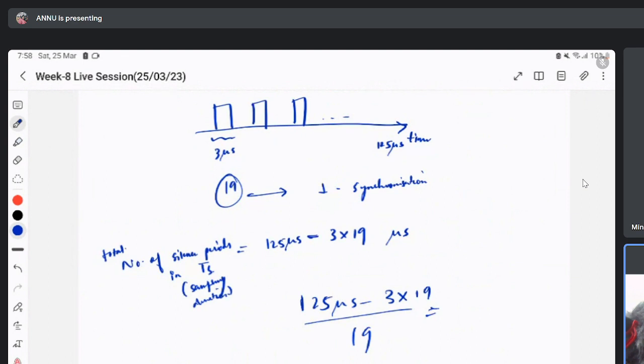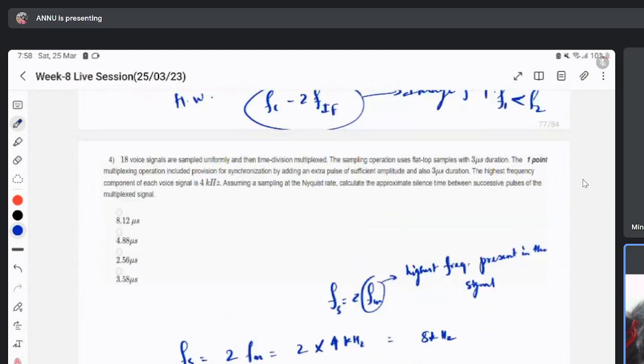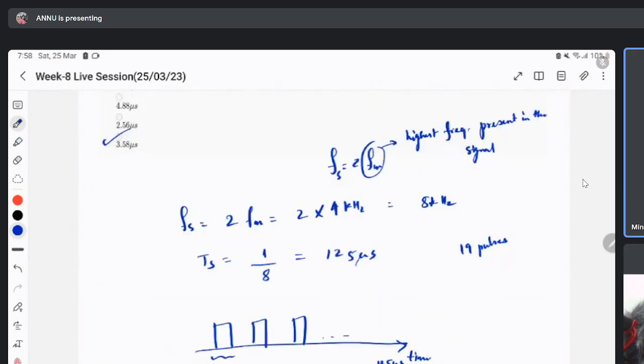So this was given in the TDM session, right? Section 25. Yes, ma'am. So yeah, the question is very correct, and the answer is 3.58